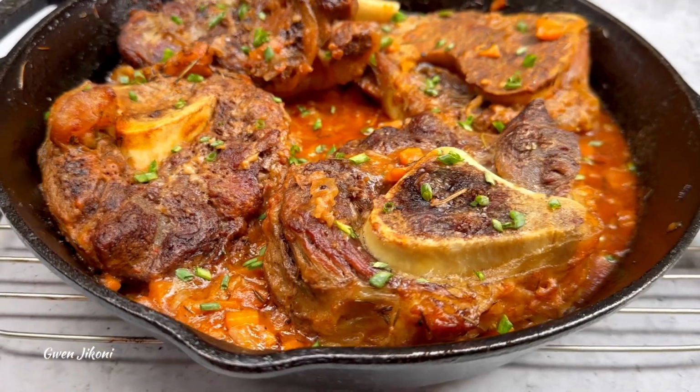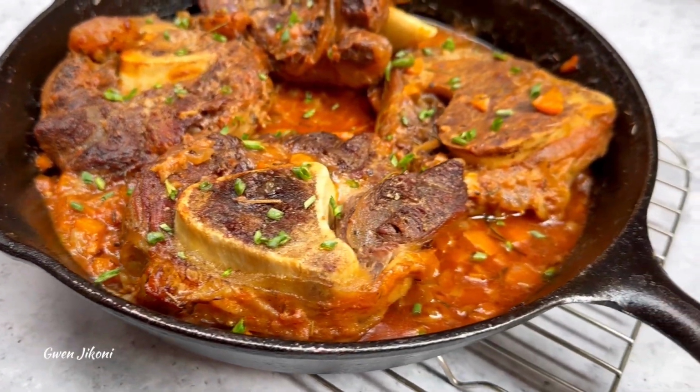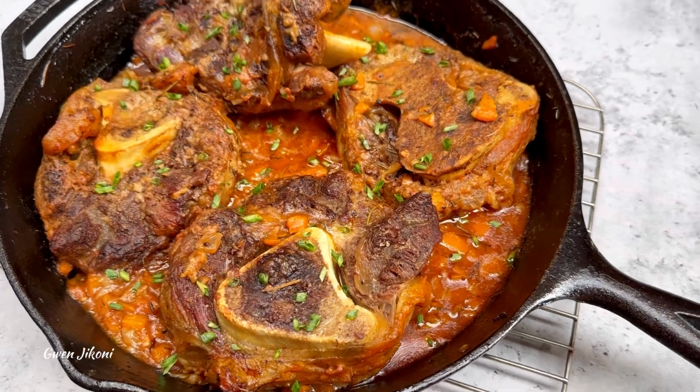On today's recipe, I'm going to show you how to make these slow cooked beef shanks, commonly referred to as